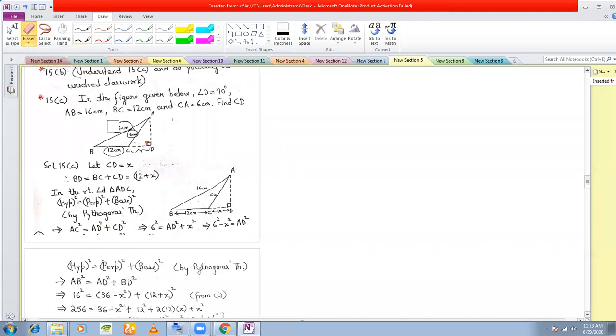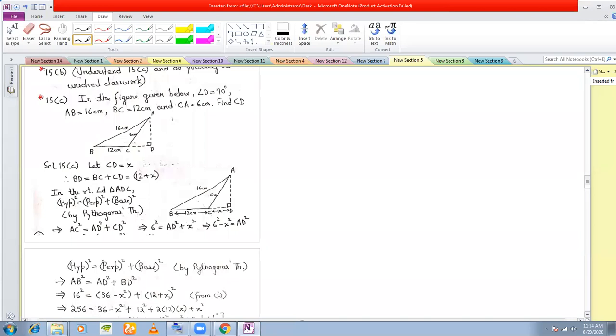Now, first of all, the first thing that should come to your mind is how many right angle triangles you can see. You can see this right angle triangle, this blue one that I'm drawing here. Also, you can see this right angle triangle here, this one. So you can see two right angle triangles, one small one and the other big one. The red one is the big one, the blue one is the small one. Now we shall apply Pythagoras theorem. Once it is a right angle triangle, we can apply Pythagoras theorem in both triangles. But how to find CD? That is the question.